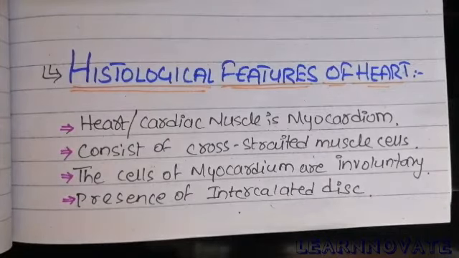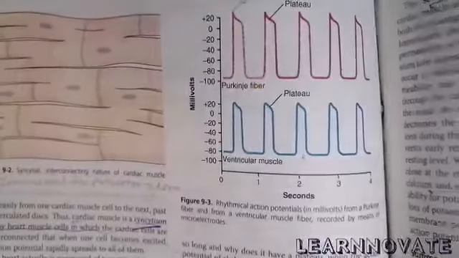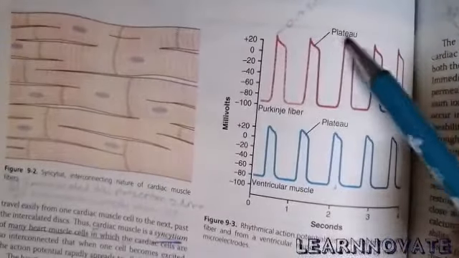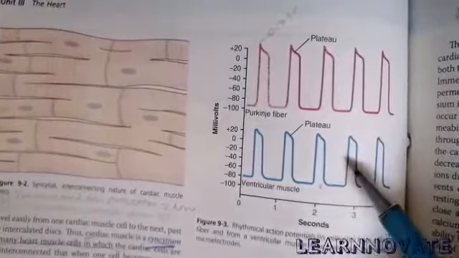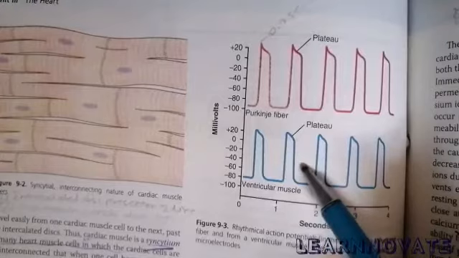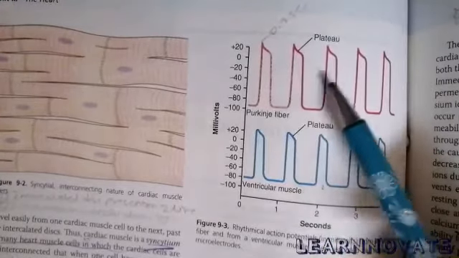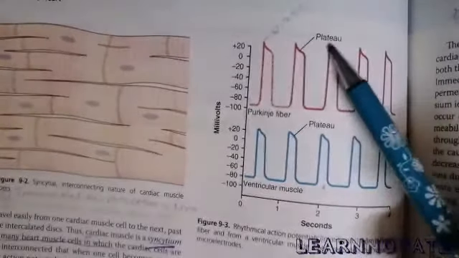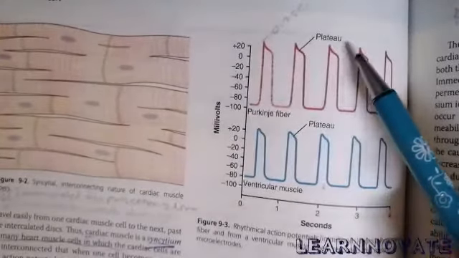Now coming to the third important thing in the introduction of the heart: the action potential of the heart and the formation of the plateau in the heart. Why does this occur and how does this occur? Here in this diagram there are two graphs. In them, the presence of a plateau is shown in the cardiac muscle: the plateau in the Purkinje cells, and a plateau in the ventricular muscle, because the ventricular muscle has the deoxygenated blood and the Purkinje cells have the oxygenated blood. But both diagrams show the cardiac muscle. So there is a plateau after the depolarization step of the cardiac muscle.